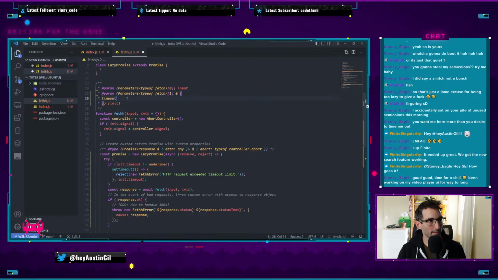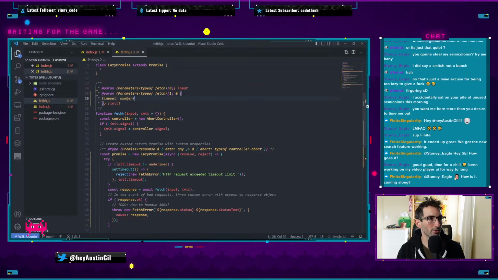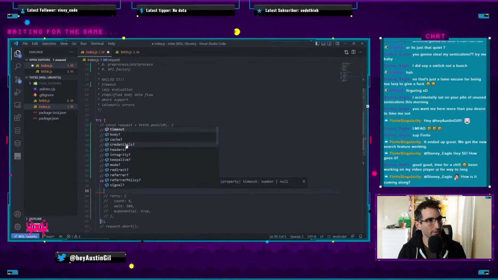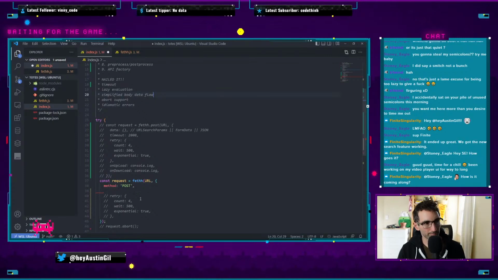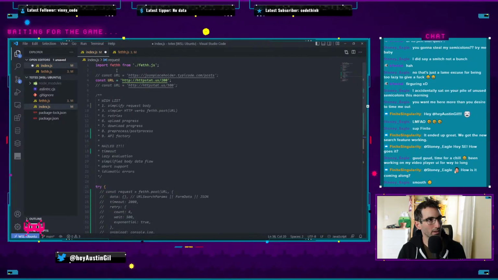So I'm adding timeout as a property, and that's going to be a number which is optional, which means when I come here, I should be able to now see... nothing. Yeah, there it is. Timeout right there at the top. Could be number or null. Great. Retry is not an option. Why